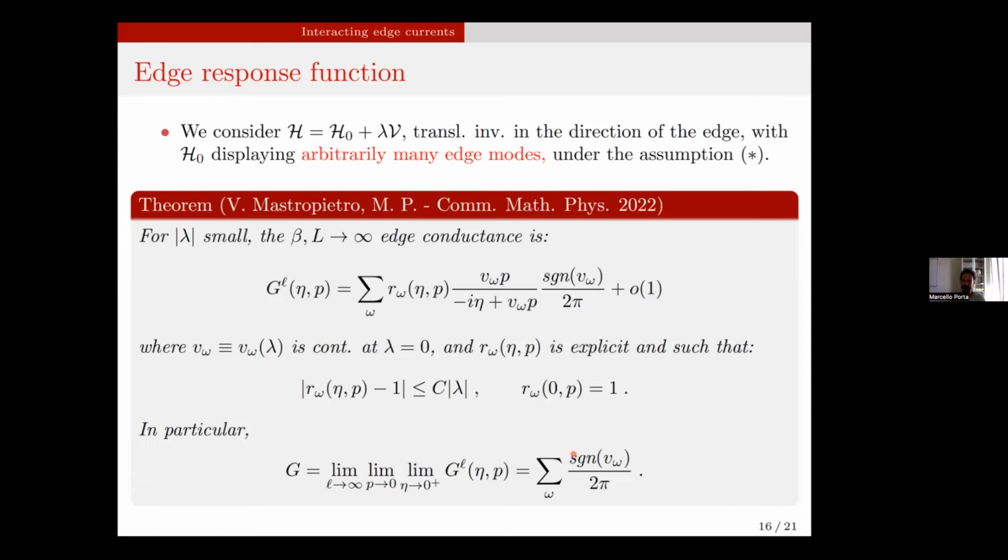So, before taking the limit, this G is not universal. That's right. Of course, this quantization is no coincidence. It could be that there is a more general topological argument that gives you that. But in my view, what I like about this is that the method gives you good control also on the non-universal part, on all the dependence of this response function for general values of beta. In certain limits you get something which is quantized, but if you don't take the limit, you get an interesting function. Okay, thank you.